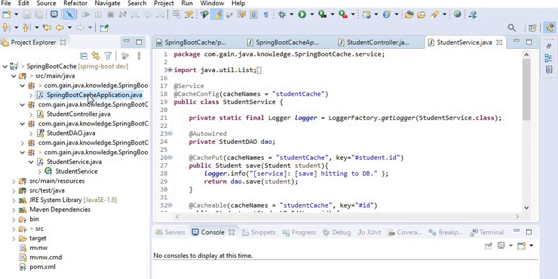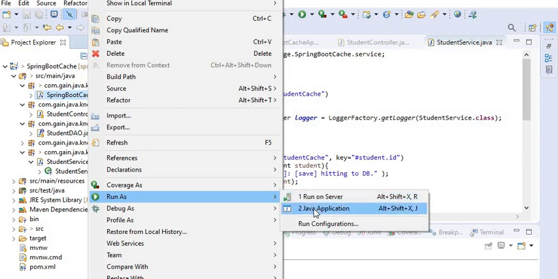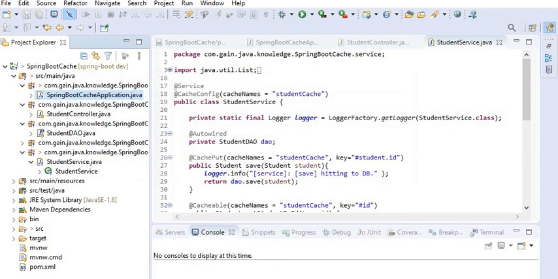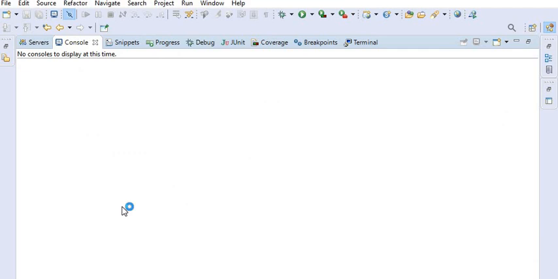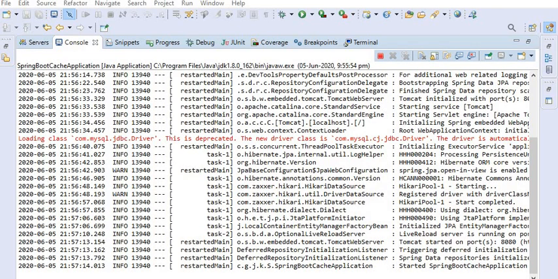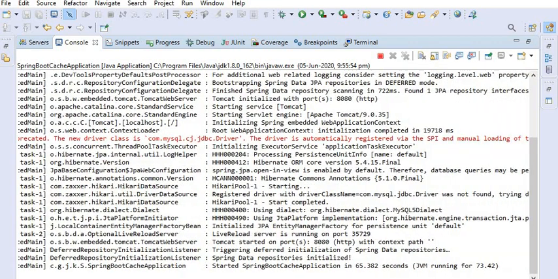Run as a Java application. Now here you can see the application is going to start. Now my application has started at port number 8080.